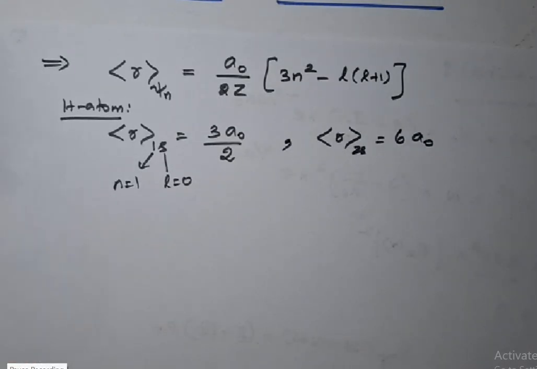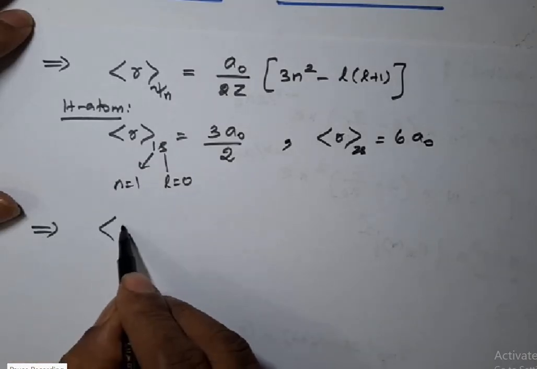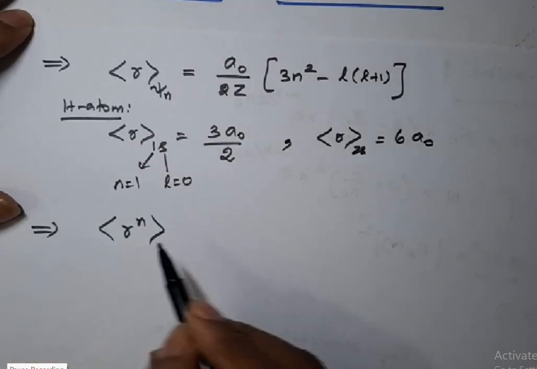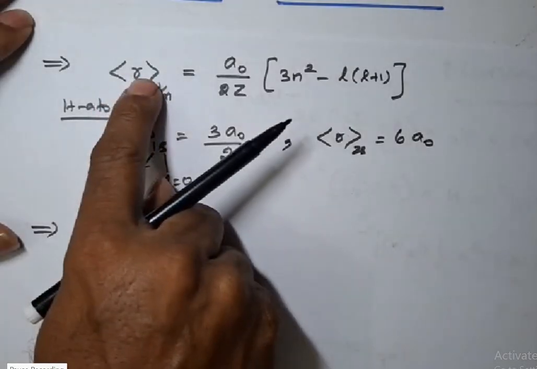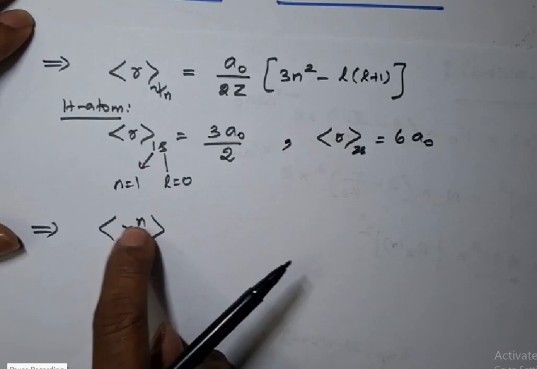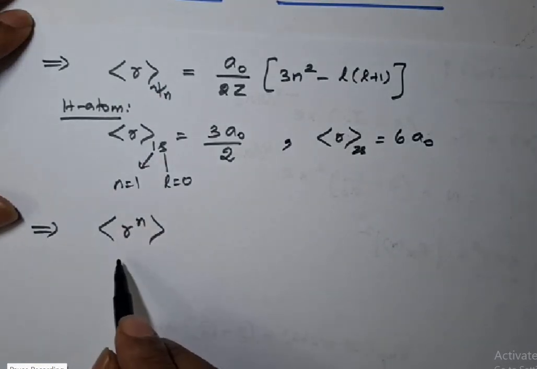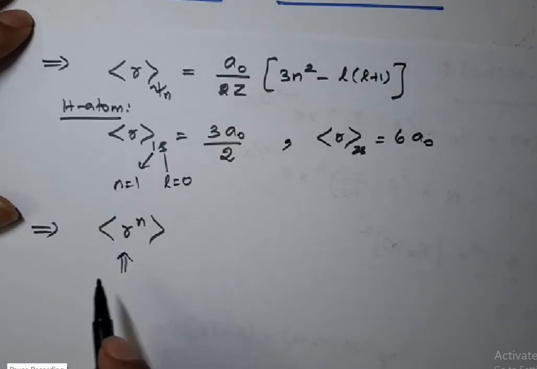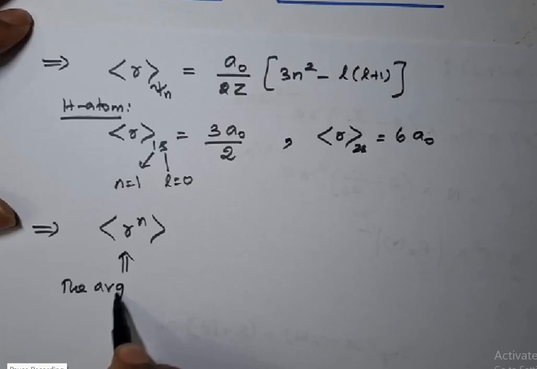The average value of the nth power of the distance of the electron from the nucleus in the ground state of hydrogen atom. See, how to find the average value of the nth power of distance. If n is 1, you will get the average value of r. If n is equal to 2, then you will get the average value of r square. Listen, what I am going to do now, this is nothing but the average value